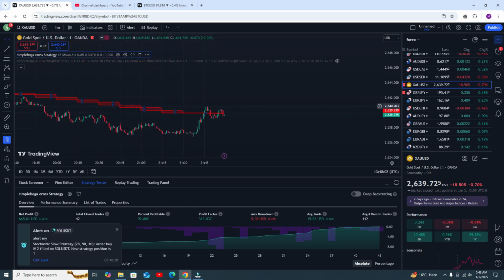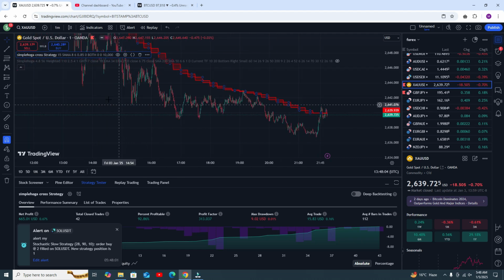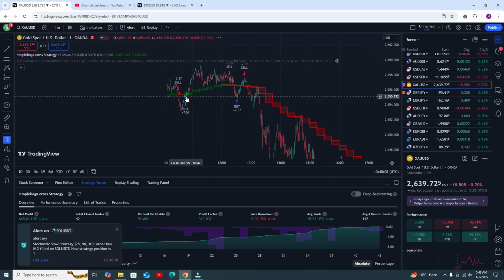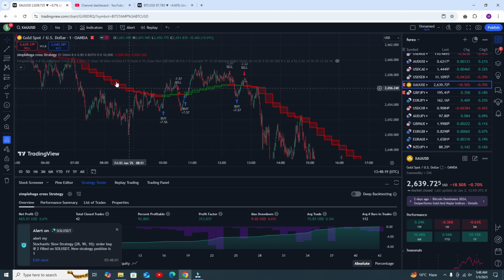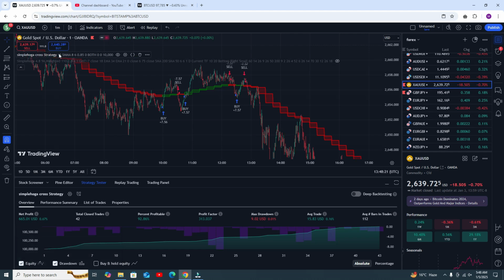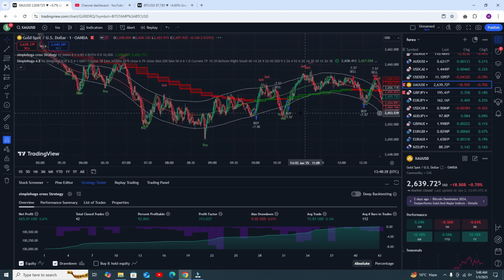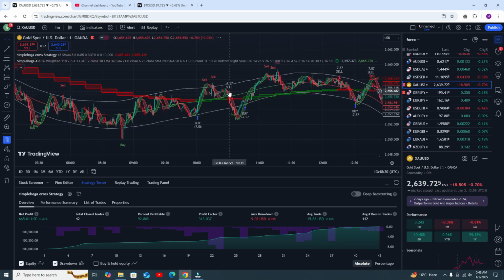Let me show you. So far we did not get any. And you can see when you get the sell signal, you close your trade. Buy signal, go to the buy trade, close your trade, and go to the sell trade, and so on. It's a very simple strategy. But if you follow the second strategy, or if you add a second indicator, then you will get better accuracy.